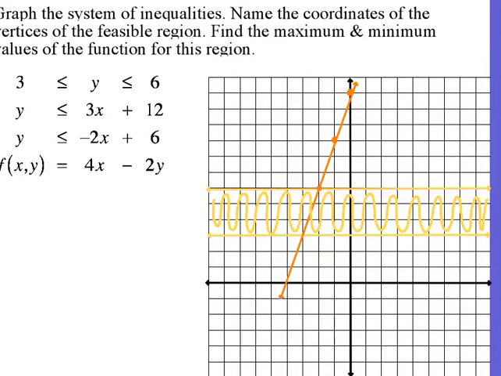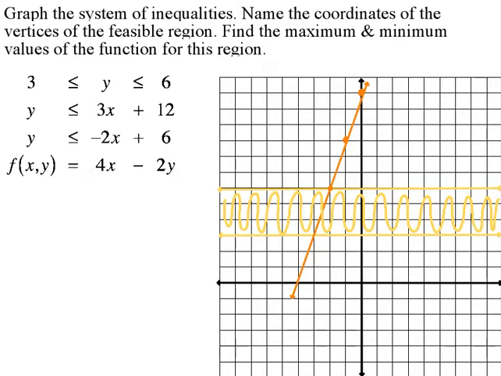Okay, and now I need to figure out which direction to shade. So let's pick a point. Let's pick 0, 0. Dotted and solid lines count the same way. Generally, all of these will be solid. You won't have any dotted on this stuff. So if I plug in 0, 0,